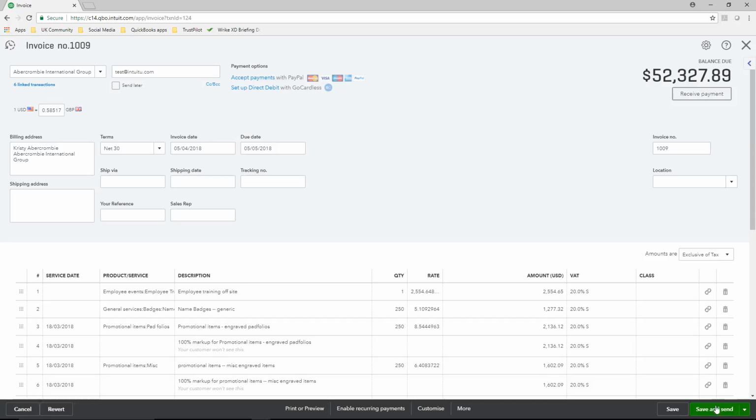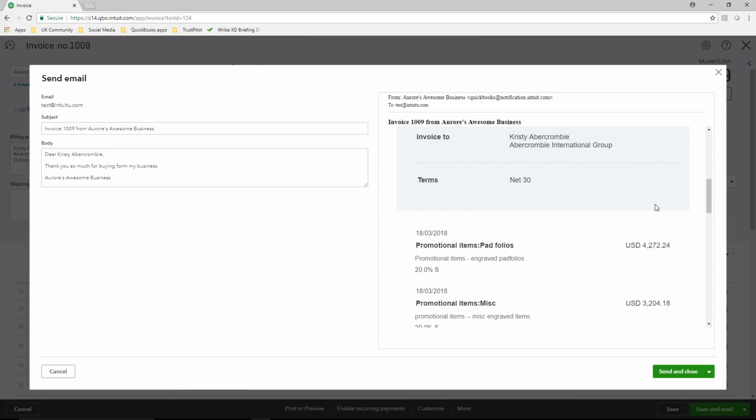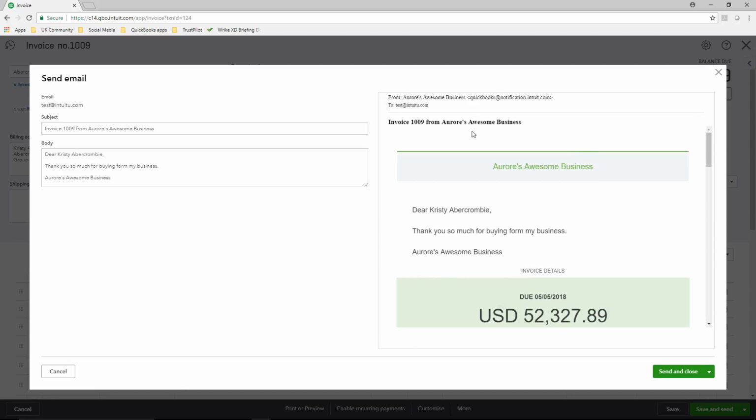So if I click save and send, you can see it's brought up my email template on the left-hand side, my invoice on the left, and when I'm ready I can just click save and close and my customer will receive that. One thing to note as well is that any invoices that you send from QuickBooks will be sent using the Intuit email address as opposed to using your own. So just make sure that your customers are aware of this, that when they receive their invoice they look for QuickBooks at